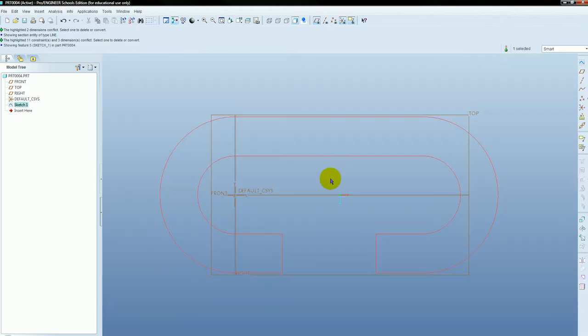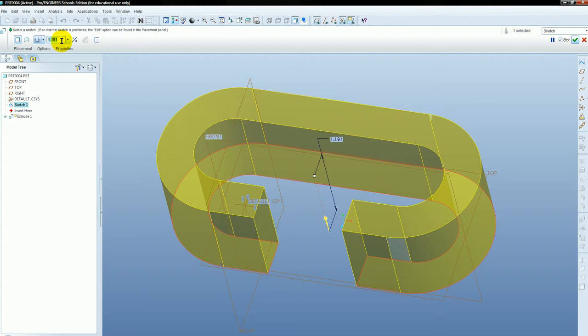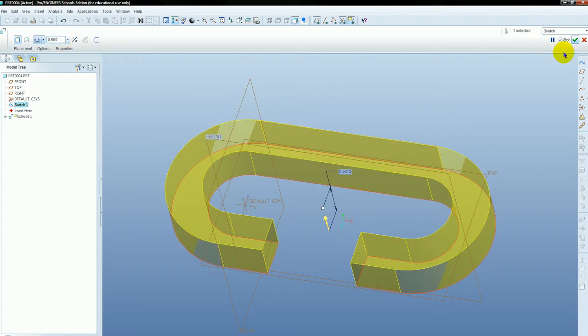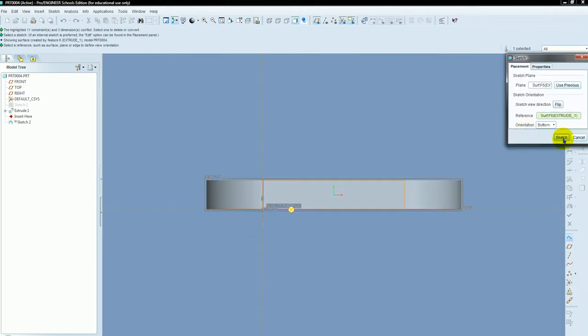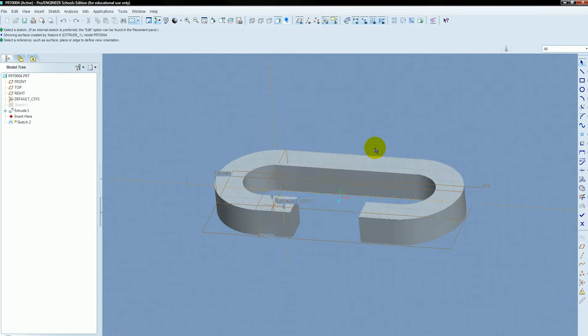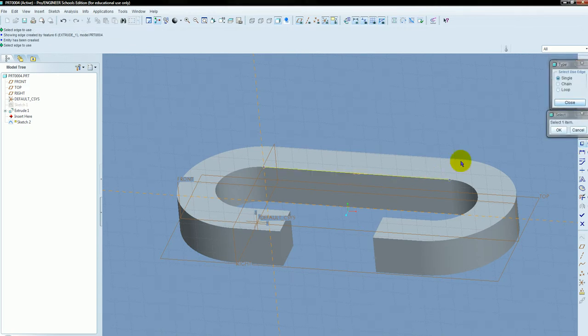and do my extrusion. So I finished the sketch, I extrude, and just so that I can take a little bit of a look, this is going to be 0.5, and I'll hit the green checkbox, and then we'll come in here and select this face for our next sketch. Now this is another one of those situations where I like to be able to see exactly what I'm working with. So I'm going to go ahead and click on the use button, and I'm going to use that line